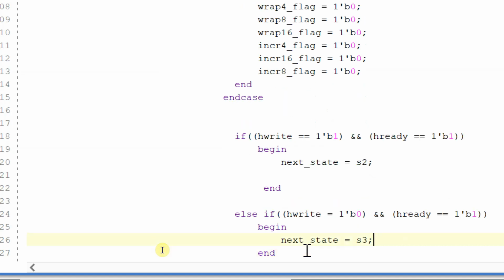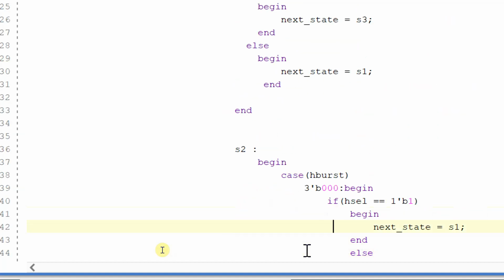and if h_write is equal to 0 and h_ready is equal to 1, that is a read operation. So if h_write is equal to 1 and h_ready is equal to 1, this is a write operation. And if h_write is equal to 0 and h_ready is equal to 1, this is a read operation. So basically, in case of write operation we are going to S2 state, and in case of read operation we are going to S3 state. So this is coming to else,